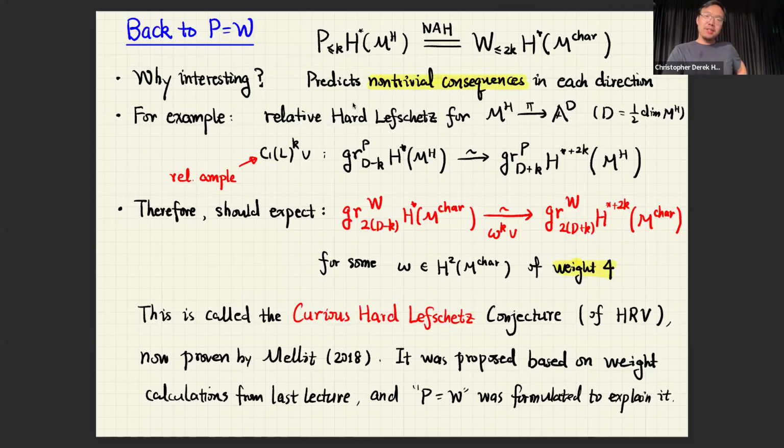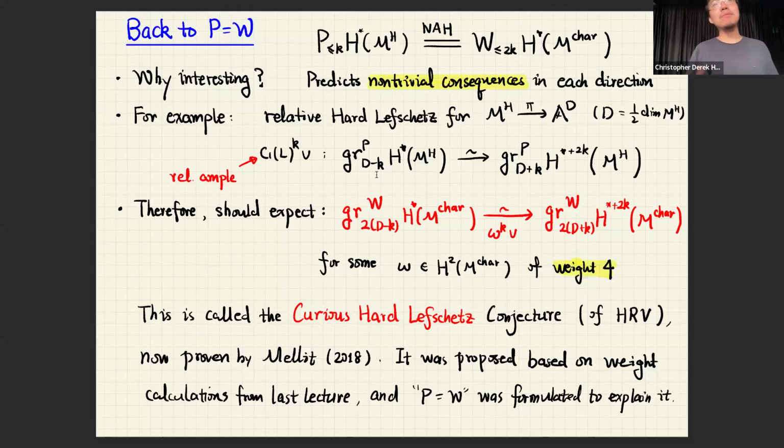For many people, the first place where we see the perverse filtration is the relative hard lefschetz. If you're given a morphism, in this case the Hitchin map, and you pick a relative ample class, this H2 class on the total space acts via the cup product on the total cohomology. If the base is a point, then there is a hard Lefschetz: the cup product with this class induces symmetry for cohomology.